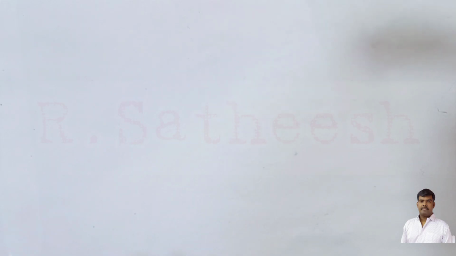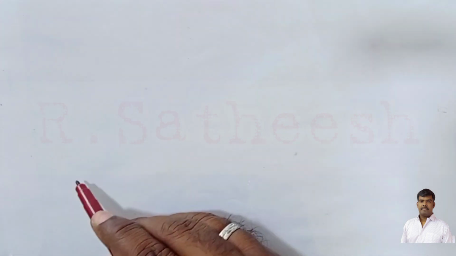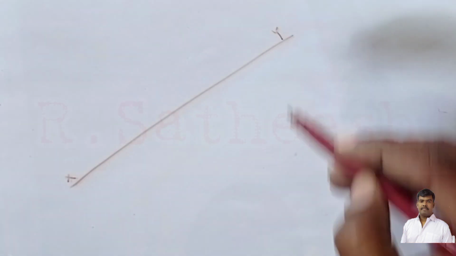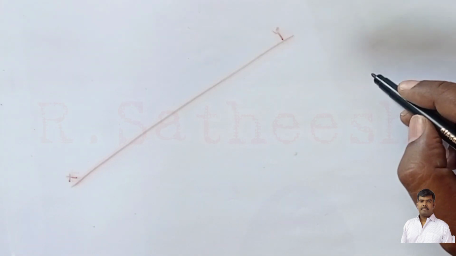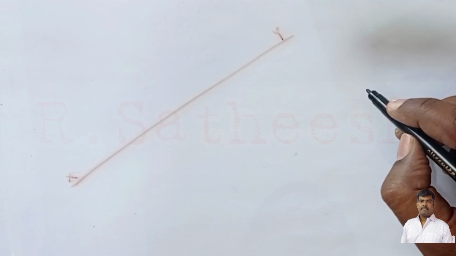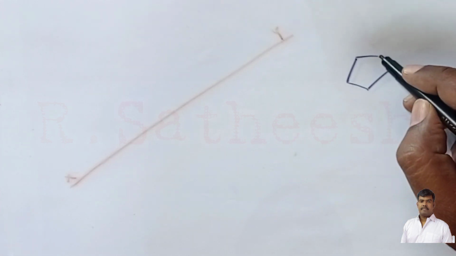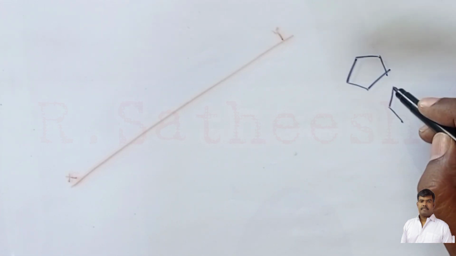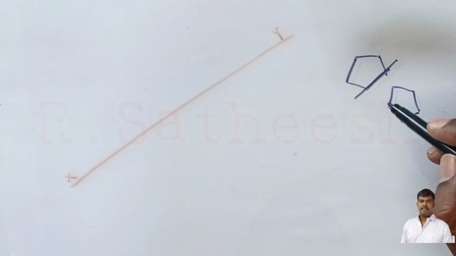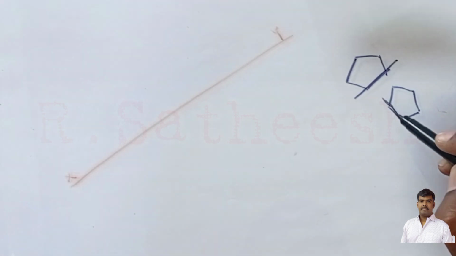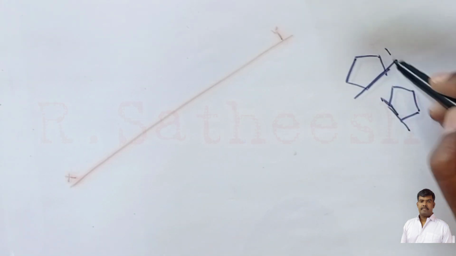First we draw the XY reference line with a 2H pencil, then the pentagonal prism. Here also for the pentagonal prism, two arrangements are there: one where one of its edges is parallel to XY, and one where one of its edges is perpendicular to XY, like this. So, two cases are there, 1 and 2.